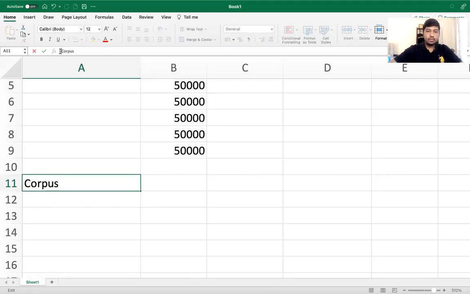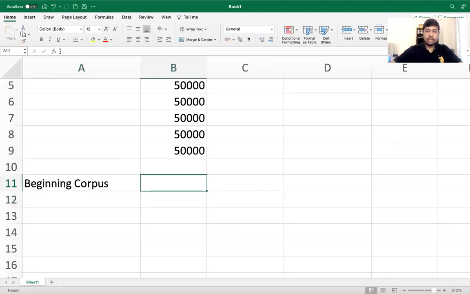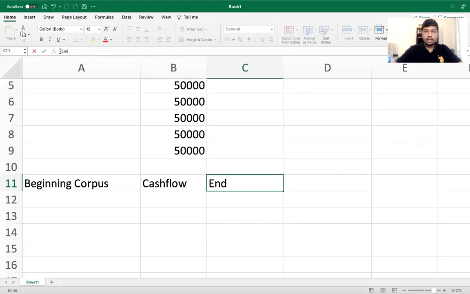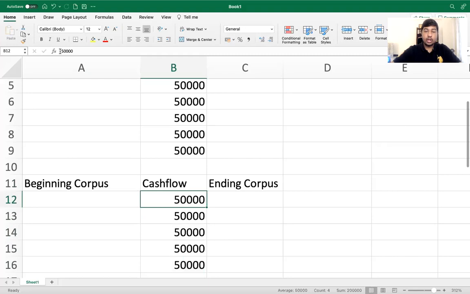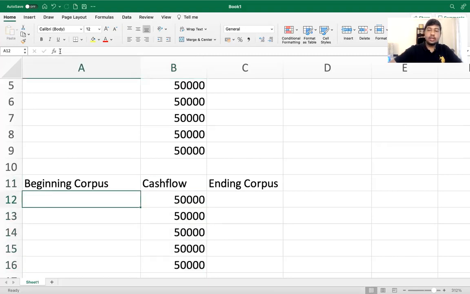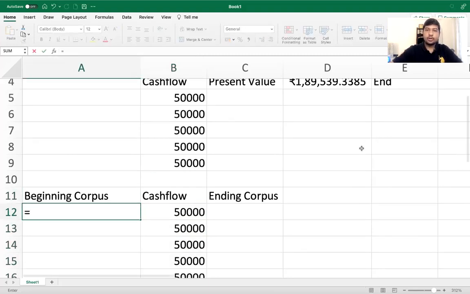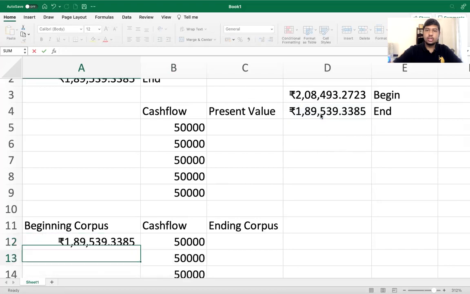Let me put beginning corpus, then you put cash flow, then you put ending corpus. Okay, so cash flow is straightforward. 50,000 rupees is required for 5 years. Let's say you start with this number, which is